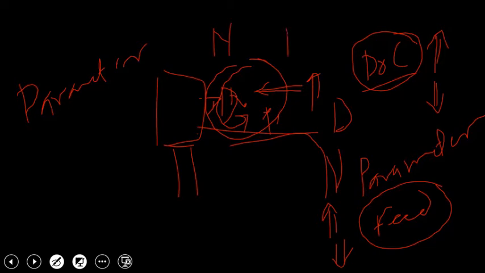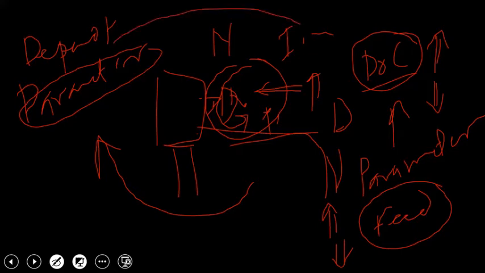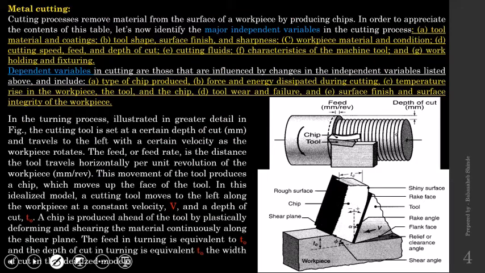Either of these independent variables, if I change any of the parameters, there are certain parameters that are going to be affected, or those parameters will get changed, and those parameters are called dependent parameters or dependent variables, because these are dependent on these input variables. Okay, so what are the dependent and independent variable examples?